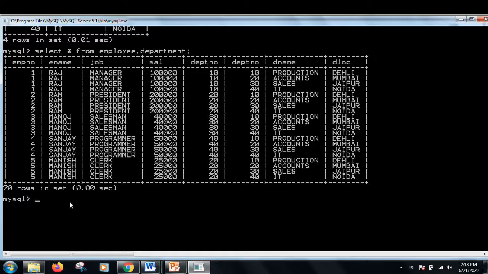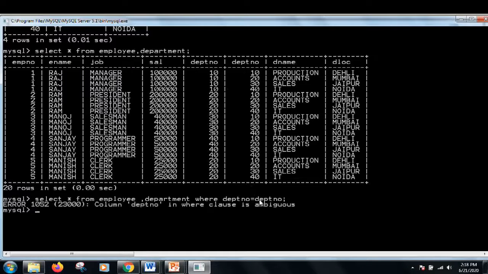Let me show you how I can write this clause. Select star from employee, comma, department, where. Now I am putting the condition. If I put the condition department number equal to department number, this will create an ambiguity situation, because I am actually talking about these two fields, but MySQL would get confused and give you an error.